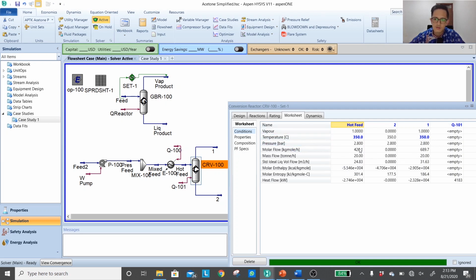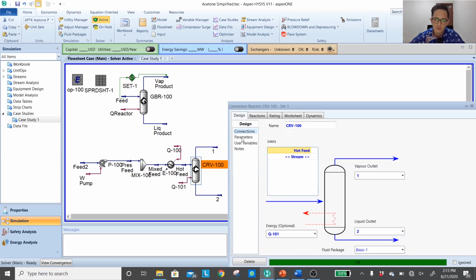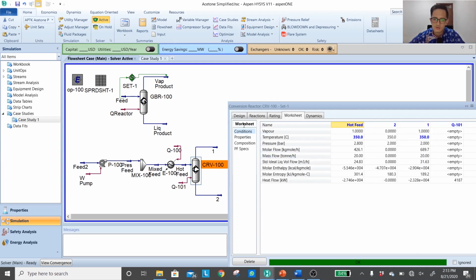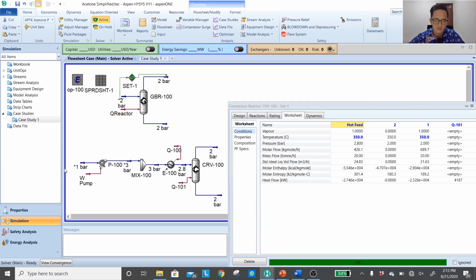2 bar. So maybe I will add a pressure drop over here because it is still at 0. Let's say that's 0.8 just to round up the number. So the pressure profile now goes from 1 to 3 bar plus another 0.2 bar, and then at the outlet of the reactor we have 2 bar. Or if you want to be more consistent with the feed condition that has to be 2 bar, I think